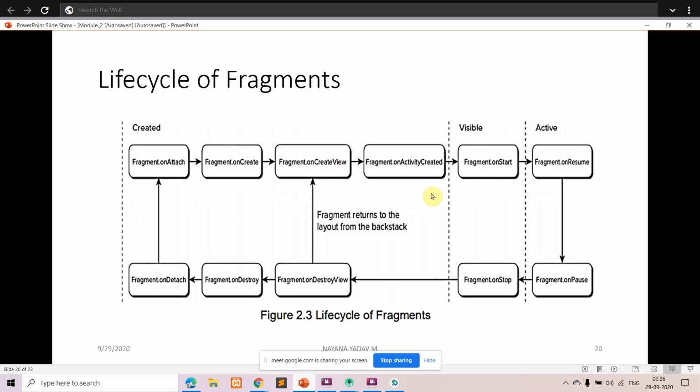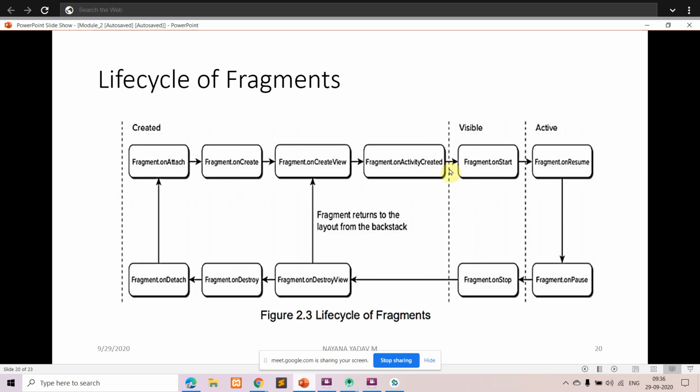After that, the next method is onActivityCreated. The activity and fragment instance are created in this particular stage. At this point, the view can be accessed. We said you can have your interfaces, all those things, so you can access the view by using a method called findViewById. That method can be used.